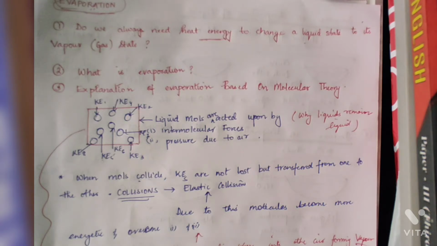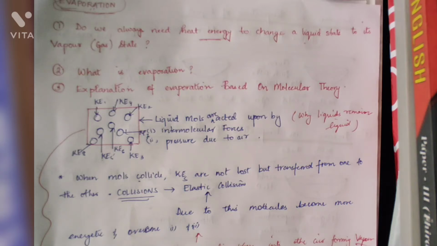So suppose you keep water in a petri dish, in a saucer kind of thing, you pour water. In the morning you go and keep it in the sunlight. You leave it for a few hours. When you return, what will you see? Again, another example, when you dry your clothes. That is a very good example. Your clothes are wet, right? But when you go outside and dry them in the sun, what happens? So that, my students, is evaporation.